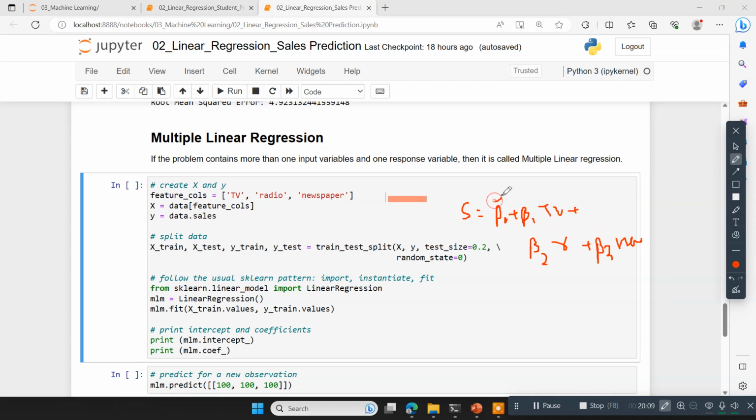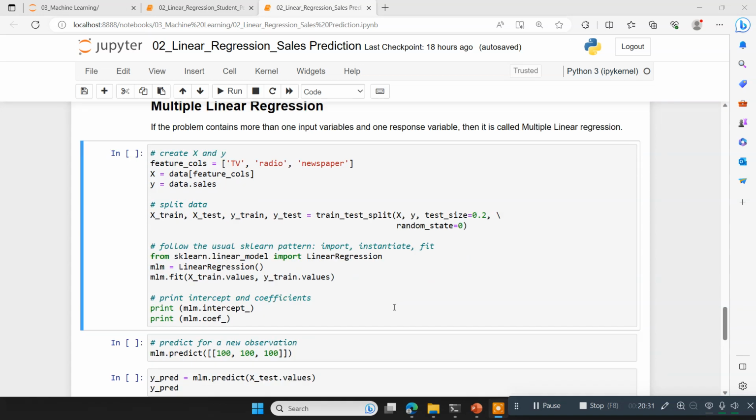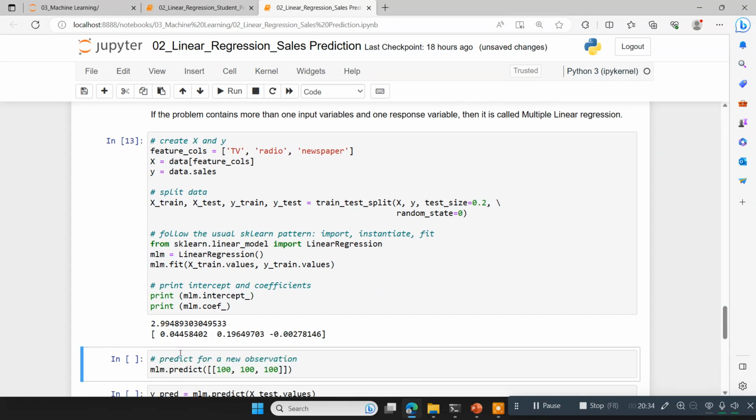As you know, this beta 0 over here is written by this. Beta 1 is also written, beta 2 is also written, beta 3 is also written, and you know the values for TV, radio and newspaper. So if you substitute all these, then you'll be getting the value for sales. This is your beta 0, this is beta 1, this is beta 2, beta 3. So you know all these, and if you give the values for TV, radio, newspaper, then you get the